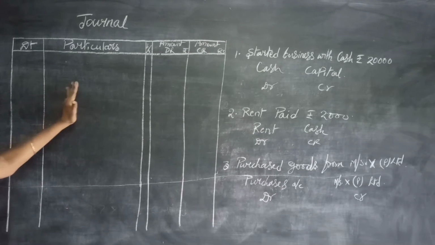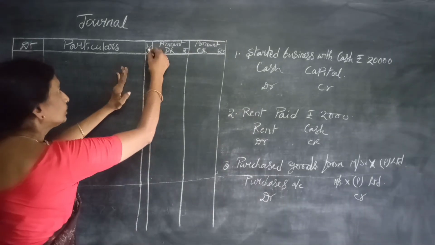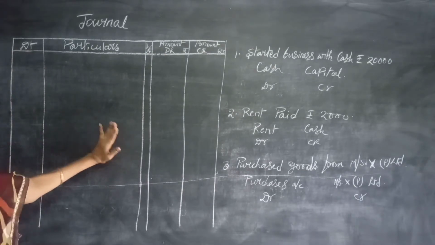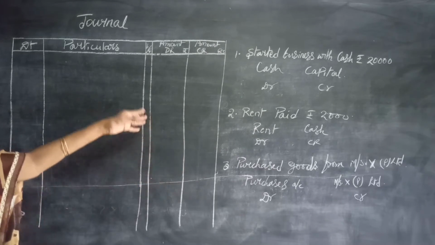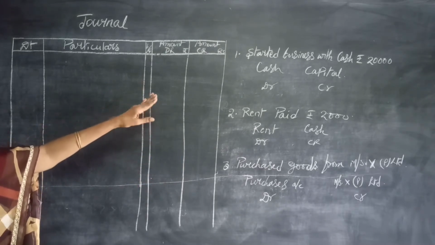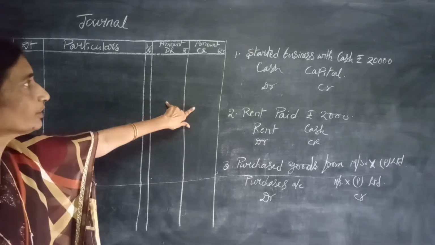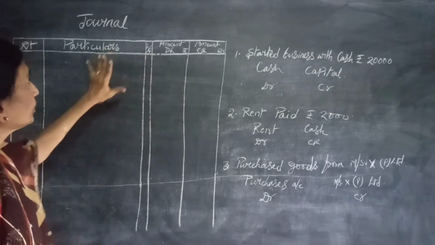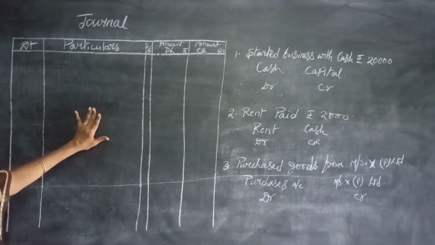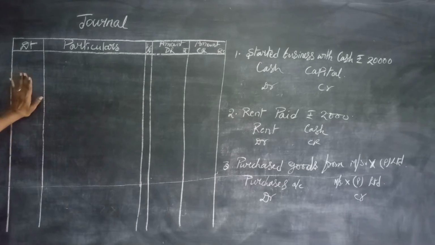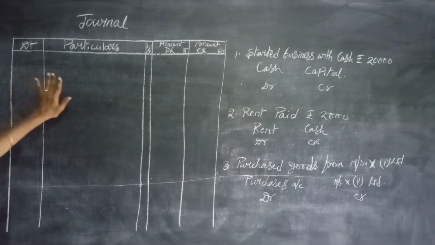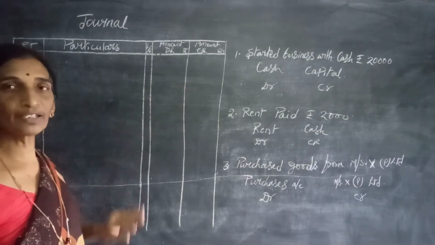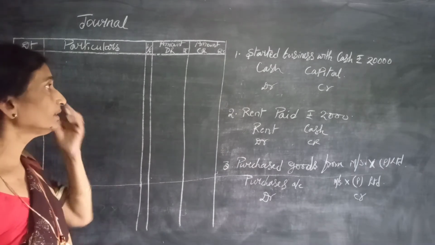After the particulars column, the third, a lean column, is the ledger folio column. Folio means the page number of the ledger where it will be transferred. It will be written later on while posting the transaction to the ledger. For the amount there are two columns, one for the debit amount and another for the credit amount. This is the format of journal. Each and every page is printed in this manner. First of all, the first column is the date of the transaction, then the particulars column, ledger folio column, debit amount and credit amount.